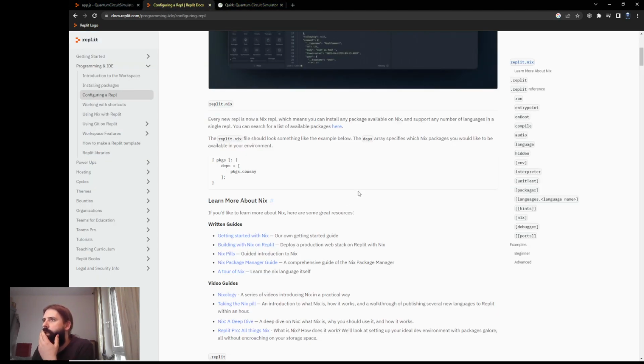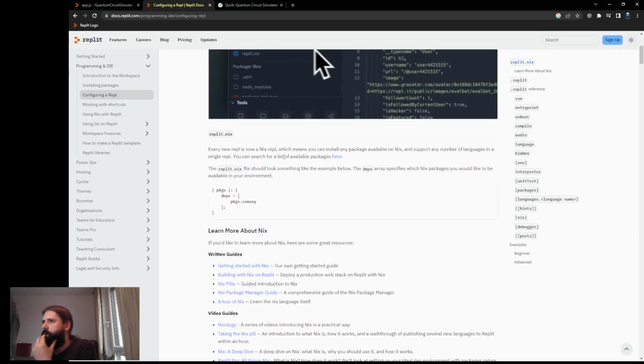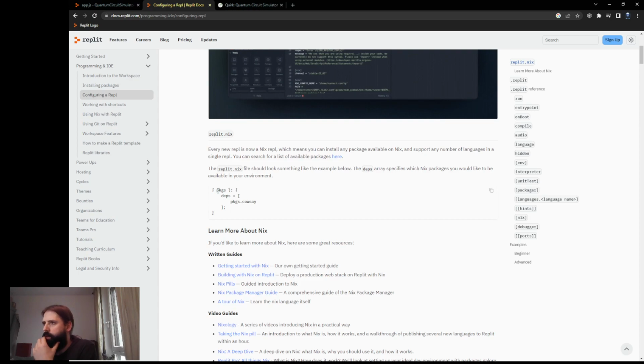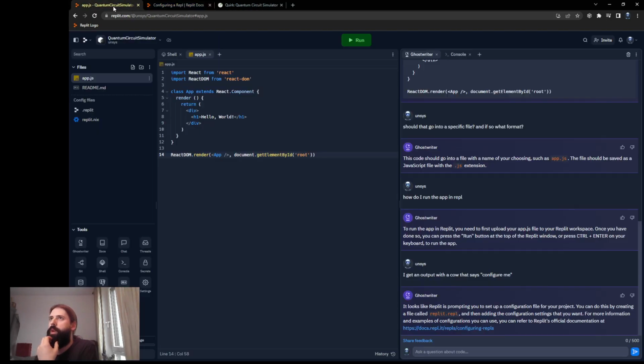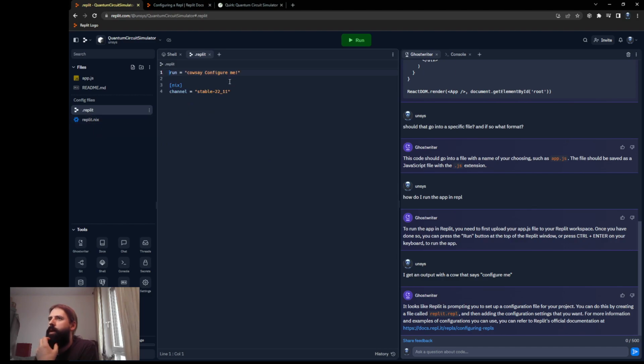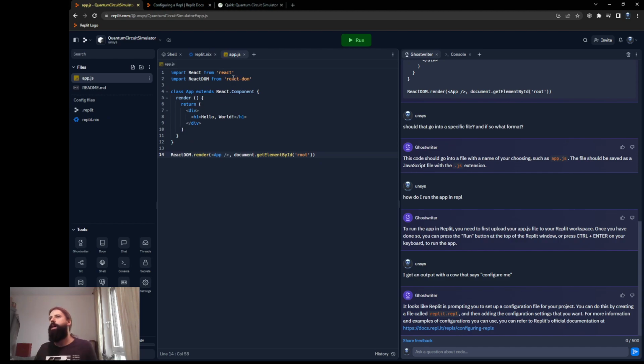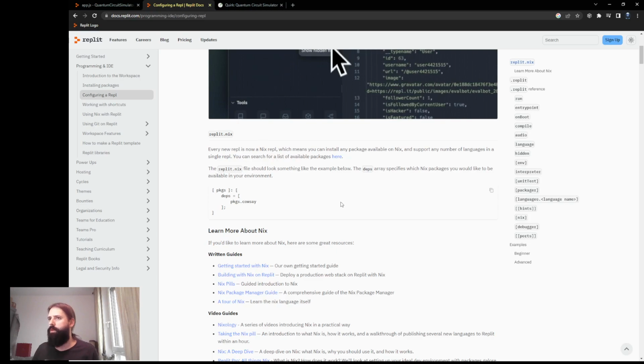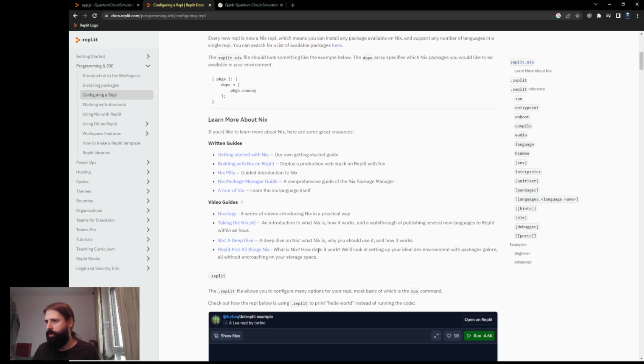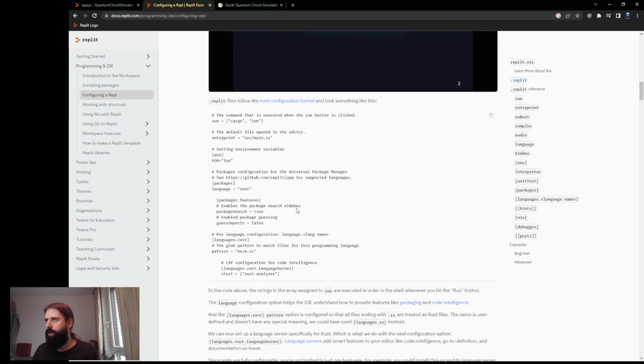So what does something like this? Oh, a cause, yeah, that's why. Okay, so this is that. I guess I need to add React and React DOM. How can I import these? I should have probably started with a React REPL. That would have been easier. But now I'm here, so let's just